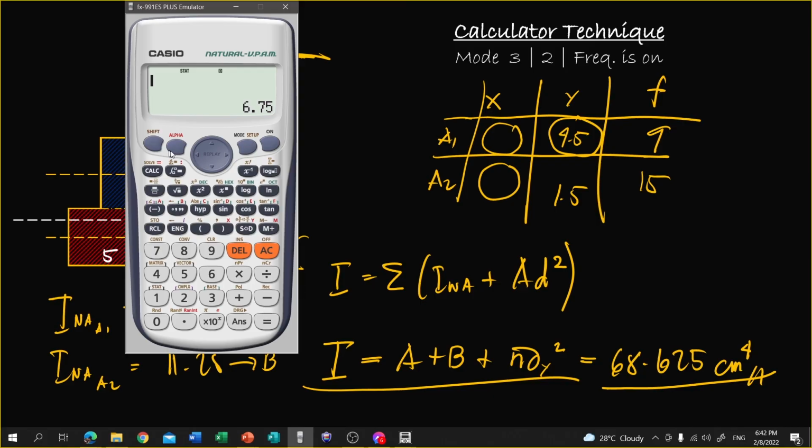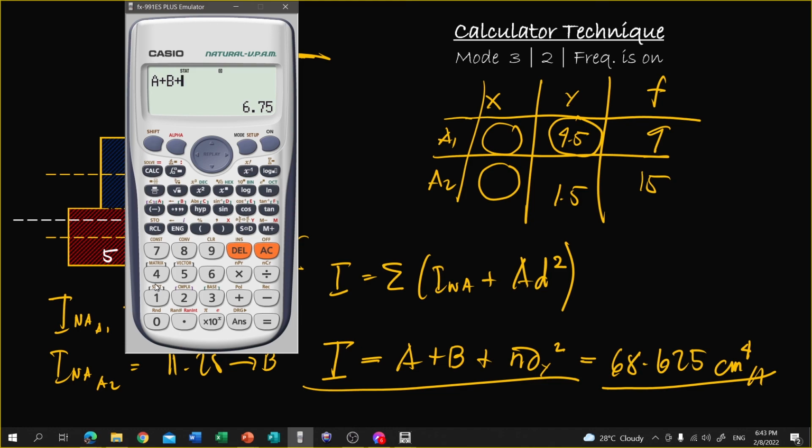A plus B plus... You are in stat mode, and at the top of number 1 there is written STAT. So you have to